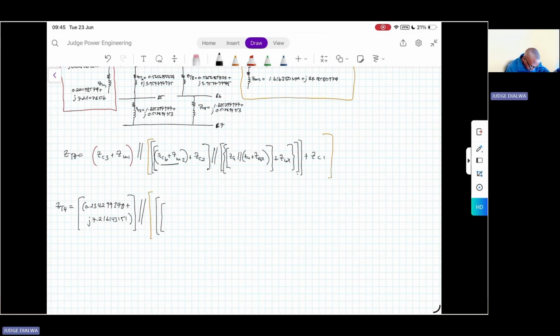The series combination of cable 6 and motor 2, when you calculate that, should give you 1.62945104 plus j34.19087938, and that is in series with the impedance of cable 2, which is